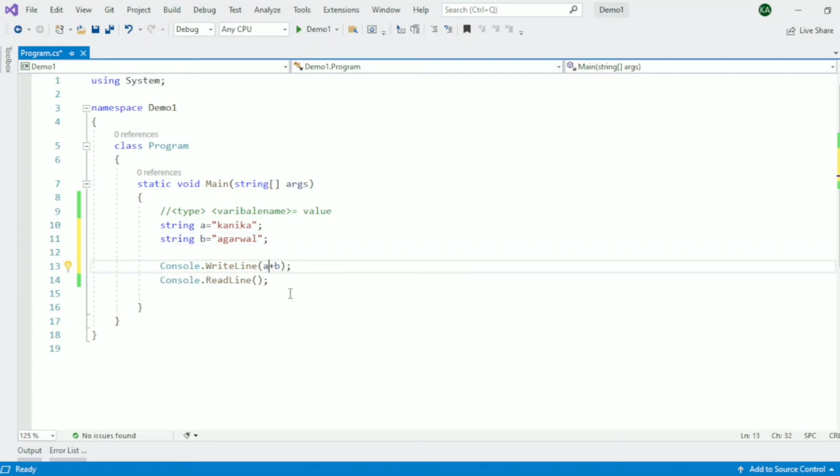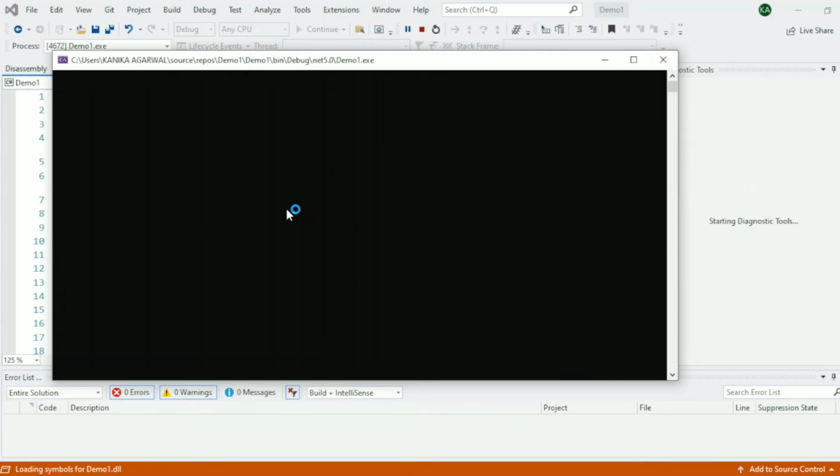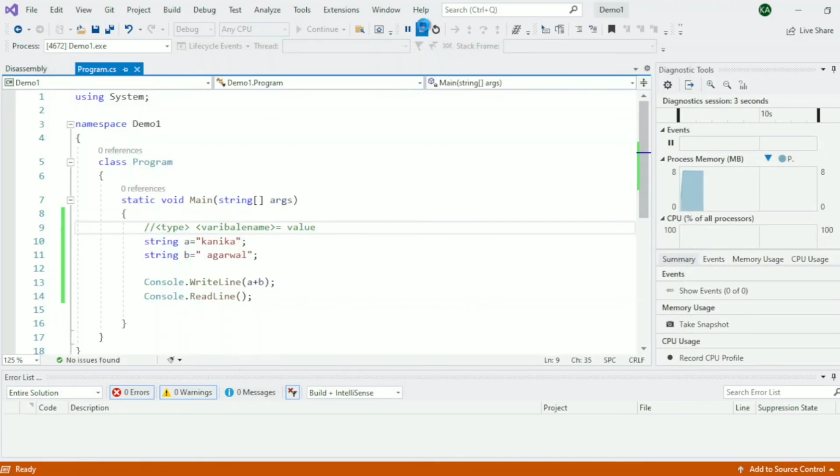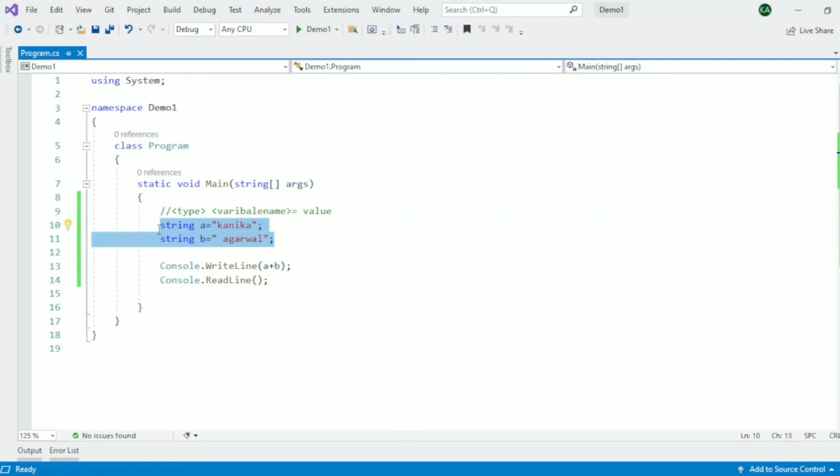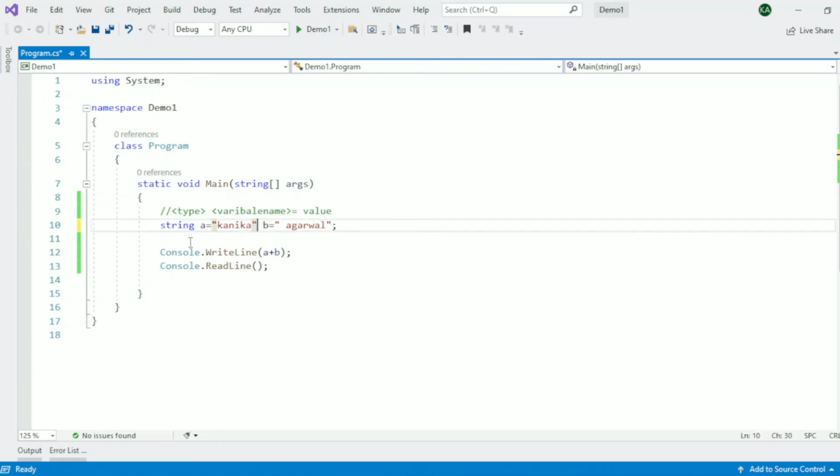If I print A plus B, just give a space here, it will print Kanika and Agrawal. Okay, but this is not the nice way of taking the same type of variables on different lines. We can simply do this. Here in a single line I have defined two variables A and B of string type and defined their values. The output will be the same.